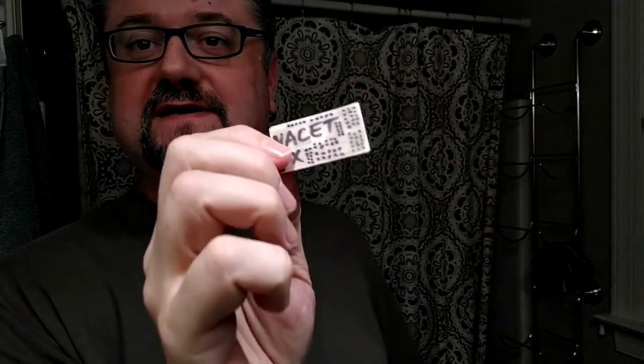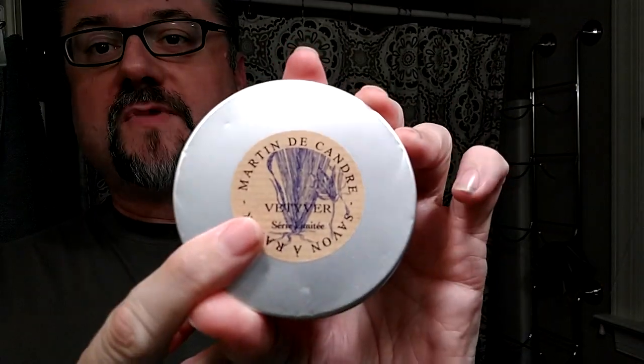The Nacet we're still working with. This one has 300 dots on it, and so I had to bleed over onto this pad here. And so we're looking at, okay, 329 is the number for today's shave, for today's blade use count. And Vetiver from Martin de Candre. Got some good data for us today